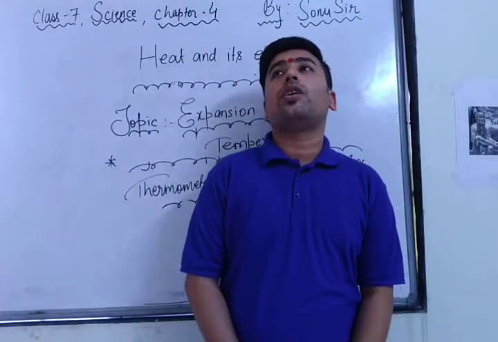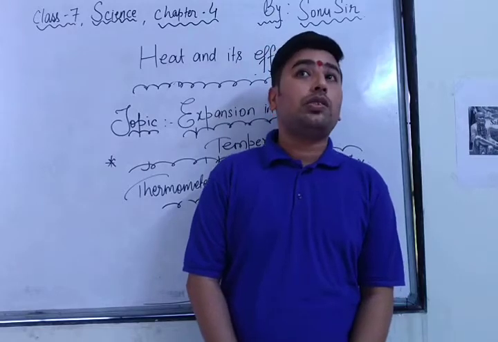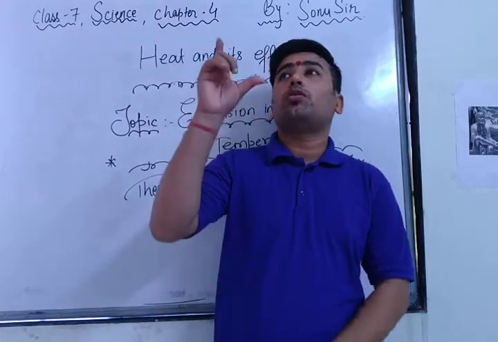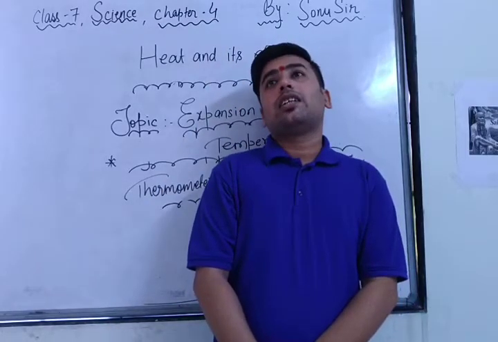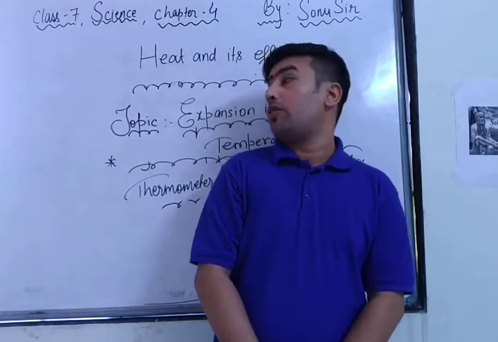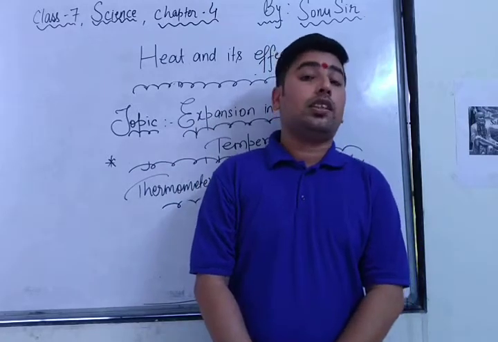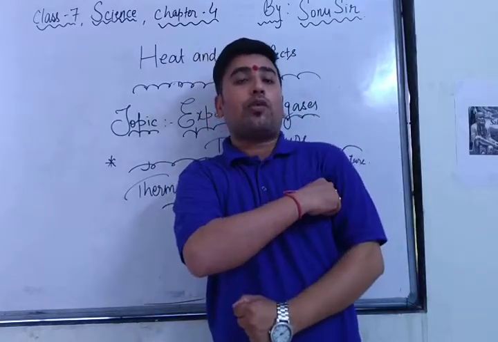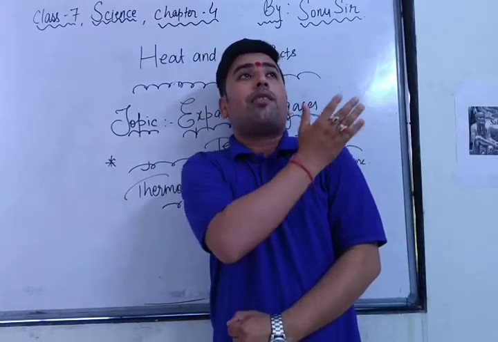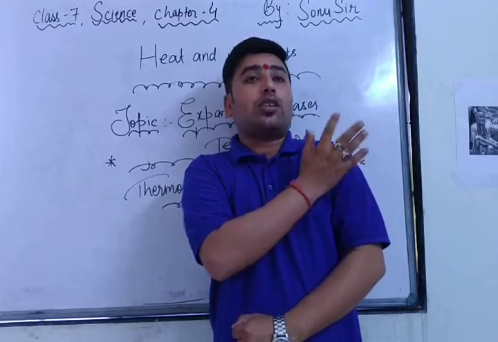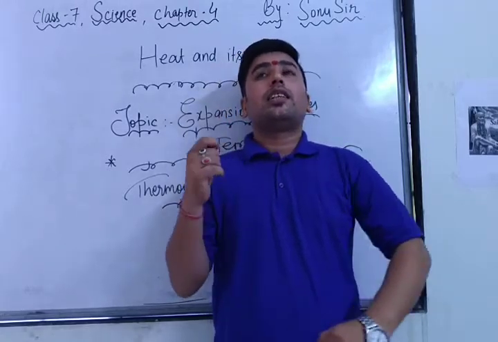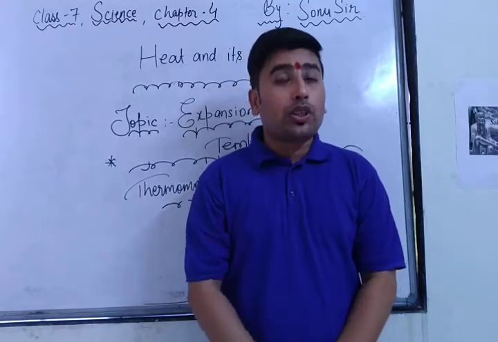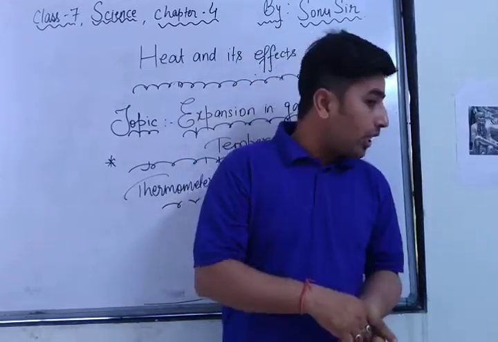You might have seen your uncle or your grandfather using that thermometer. In that thermometer, there was one liquid, mercury. As I already discussed in the previous video, liquid expands on heating and contracts on cooling, so that mercury expands as it comes in contact with our body's hotness or coldness. It describes whether it is a 101 fever, 99 fever or 100 fever. It gives you the information when the instrument comes in contact with